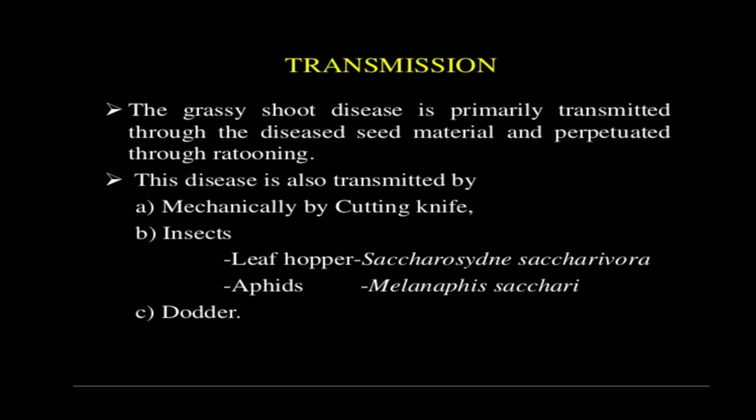You know, the leafhoppers as well as aphids feed on the plant leaves, right? And ultimately as they are vectors, they will transmit this mycoplasma to the plants, just as we get malarial infection from mosquitoes, right? As well as dengue also. Like that, the leafhopper as well as aphids act as vectors to transmit such disease, as well as the dodder also.